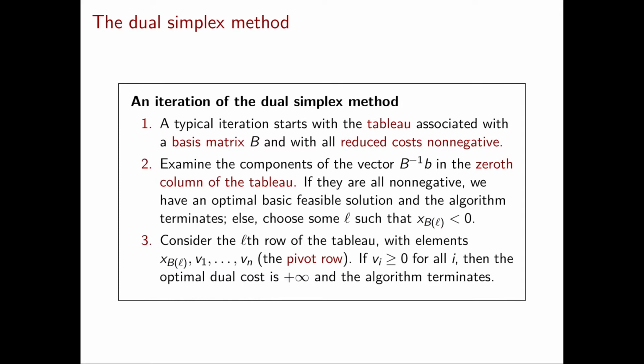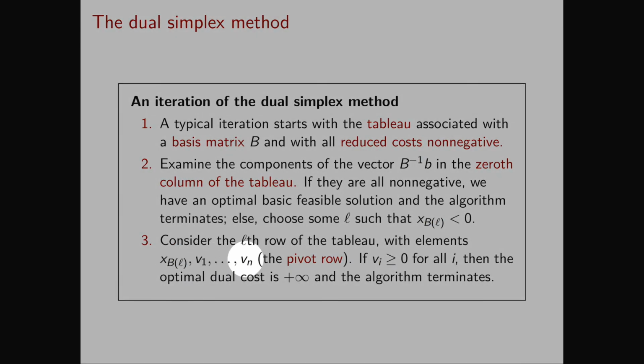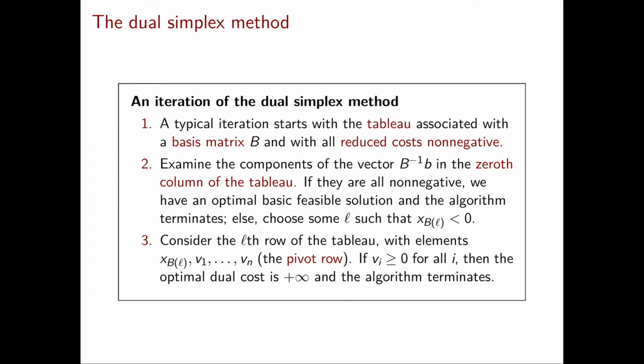If they're all non-negative, we have an optimal basic feasible solution and the algorithm terminates. Otherwise, we choose some l with x_B(l) strictly negative. Now we look at the lth row of the tableau. This row has elements x_B(l), v1 until vn. If all the vi's are greater than or equal to 0, then the optimal dual cost is plus infinity and